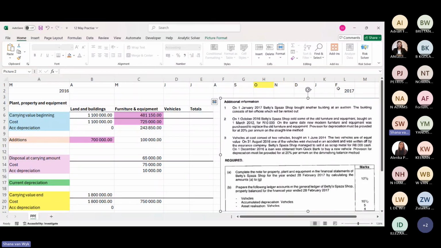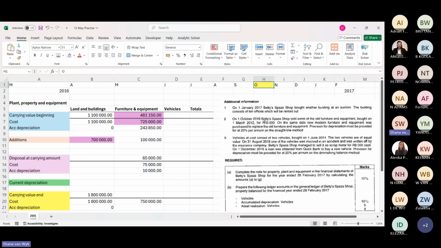So got your timeline. Are we going to do the new first? Oh, let's just explain the disposal, then we do the new. So the disposal, what we did was 1 October. So we know at the beginning of the year, up until October is 8 months. Then we know we're gonna have our cost, and then 8 months, 20%, and then you get your depreciation for the asset you're gonna dispose of.